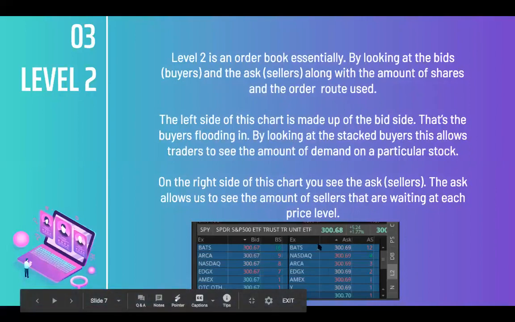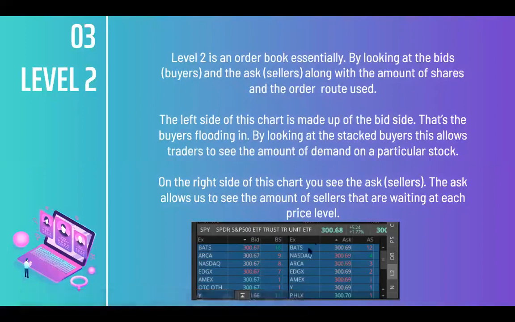So this is why it's so important to be able to read level two and time and sales, because this is going to be a gateway that's going to, like I said, evolve your trading. Take all the indicators that you have, and everything that you've learned, and then you incorporate that with level two, which will give you